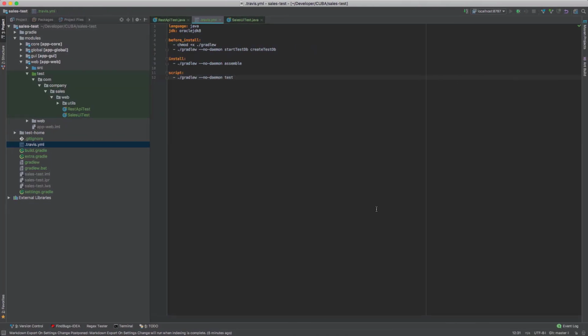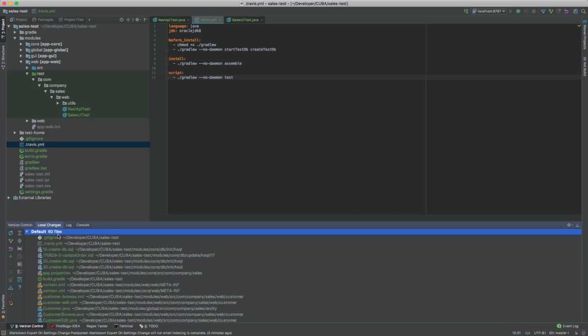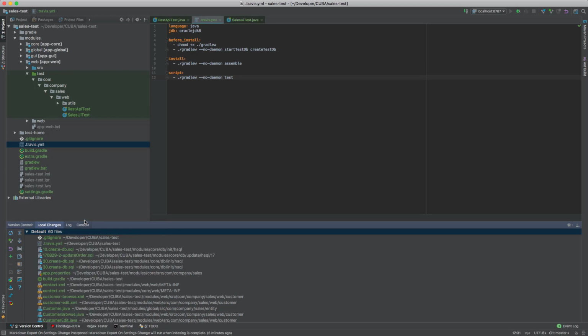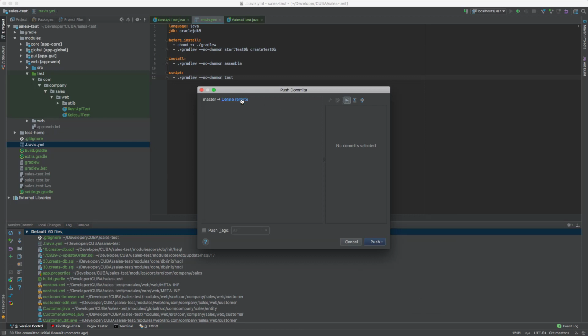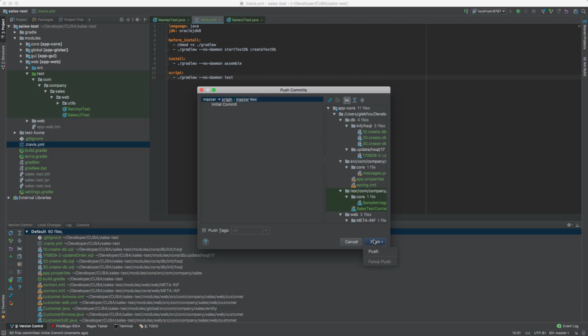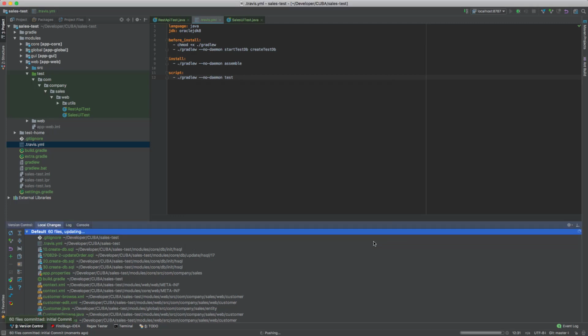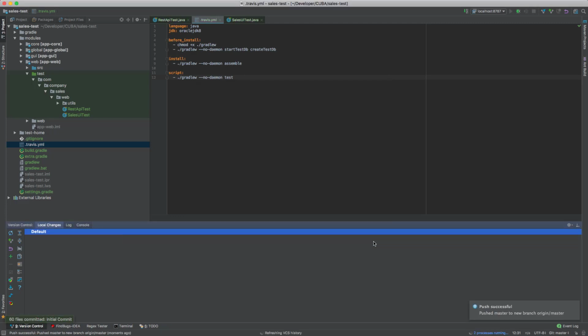After all preparations, we can commit and push our code. Now we are able to go to travis-ci.org and see the build process.